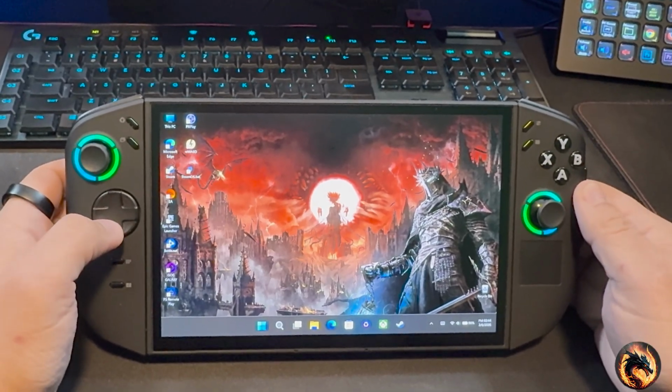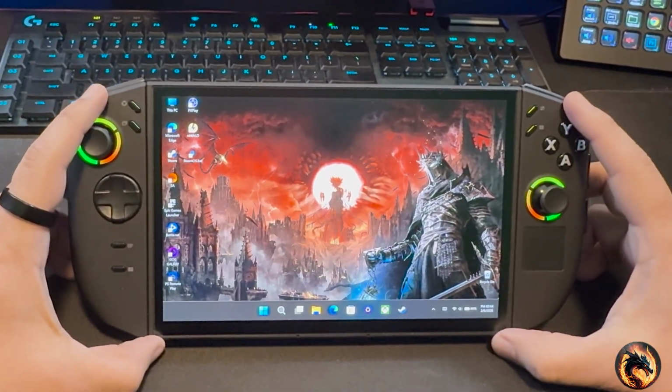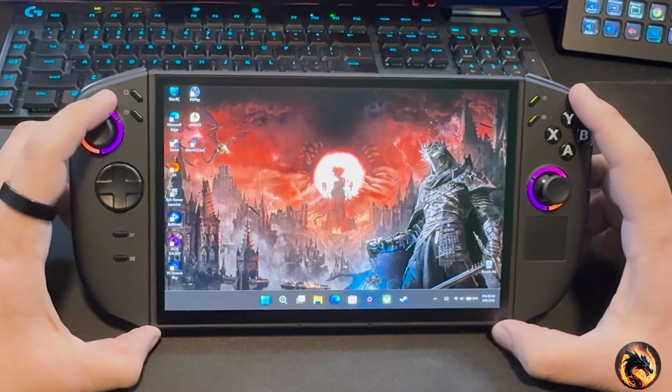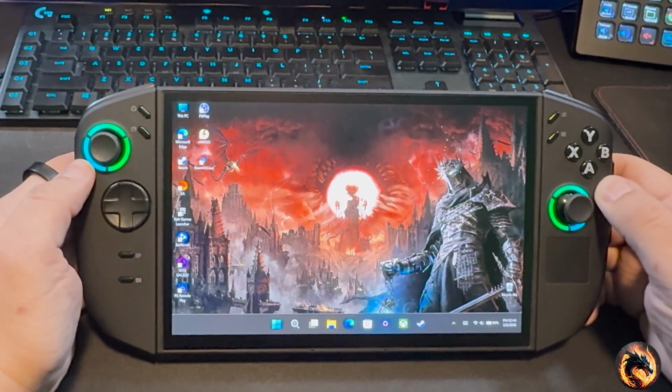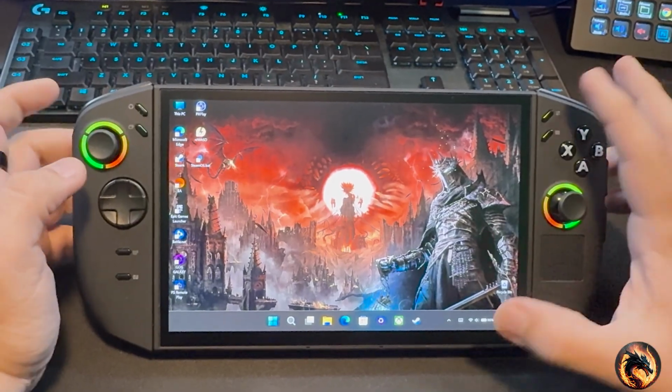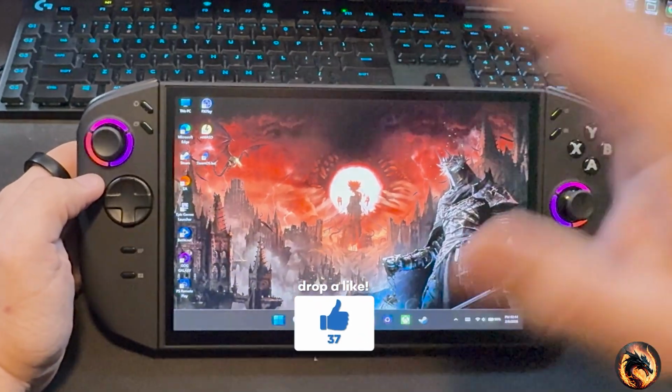All right, guys, this is a quick video. This is basically, I have Windows and Bazzite on this Legion Go 2. So this is a quick video to show you two scripts for Windows to basically jump into Bazzite immediately from